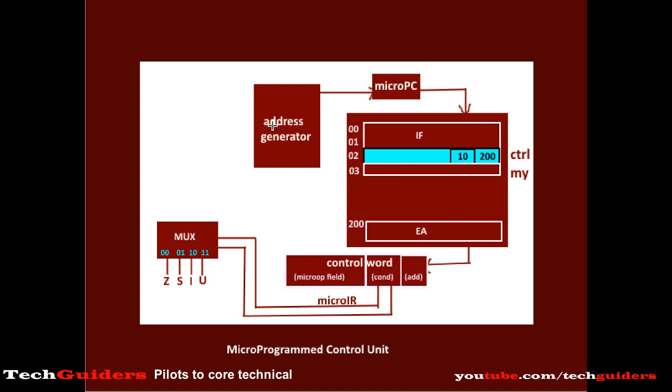So in general, the address generator needs input from the condition code flag and also from the control word which is currently being executed. The condition code flag input to the address generator will be decided by the condition field residing in the control word, and based on the condition, the address can be either this address from the control word field or the address in sequence. So the inputs are the condition code flag input and also the input from the control word.